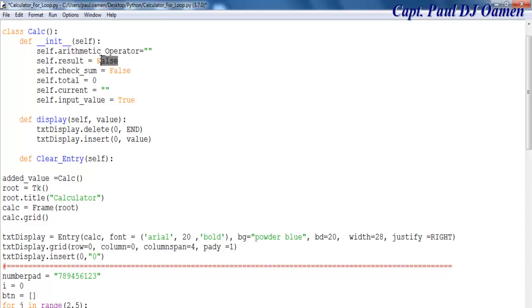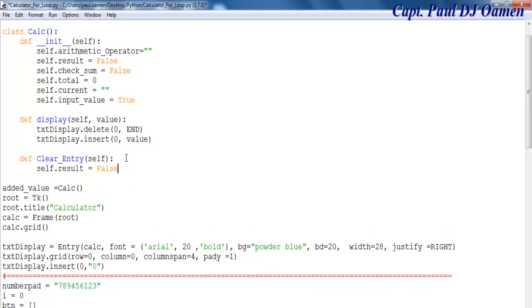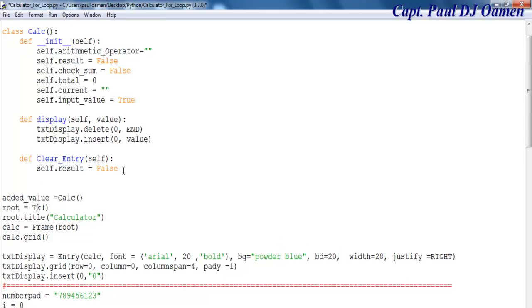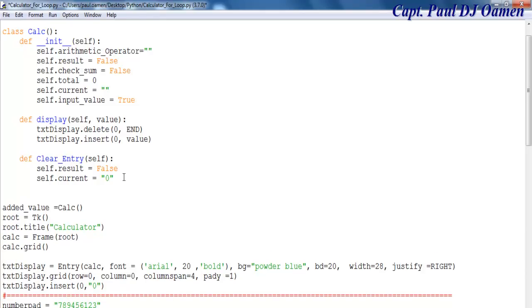Result, so that is going to be false. Let's copy that, copy this, paste that in there. Result equals false. Current, let's say the current value in this case, let's make that 0, because once it's cleared I want it to change back to 0. But now self.display.display equals 0,